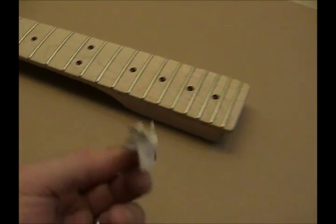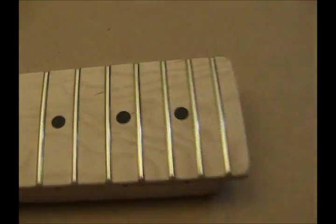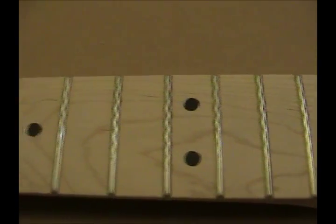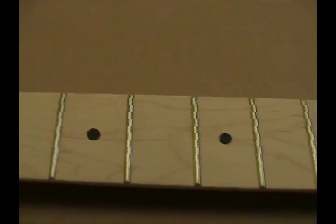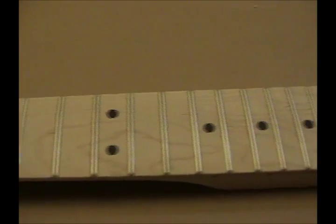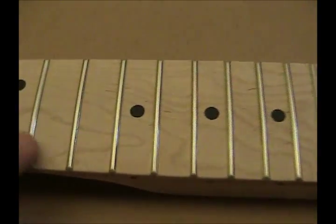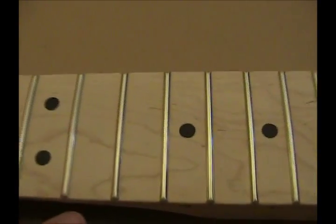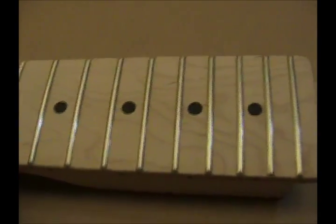But good old magic eraser to the rescue. Got all the nasty color off of the neck, so we're now back in business. The frets look pretty good. I don't think they need to be leveled or crowned. They look good enough to just go ahead with. Maybe this one's got a flat spot. Where are we? 12. I may need to crown this one. I'll have a better idea once I start